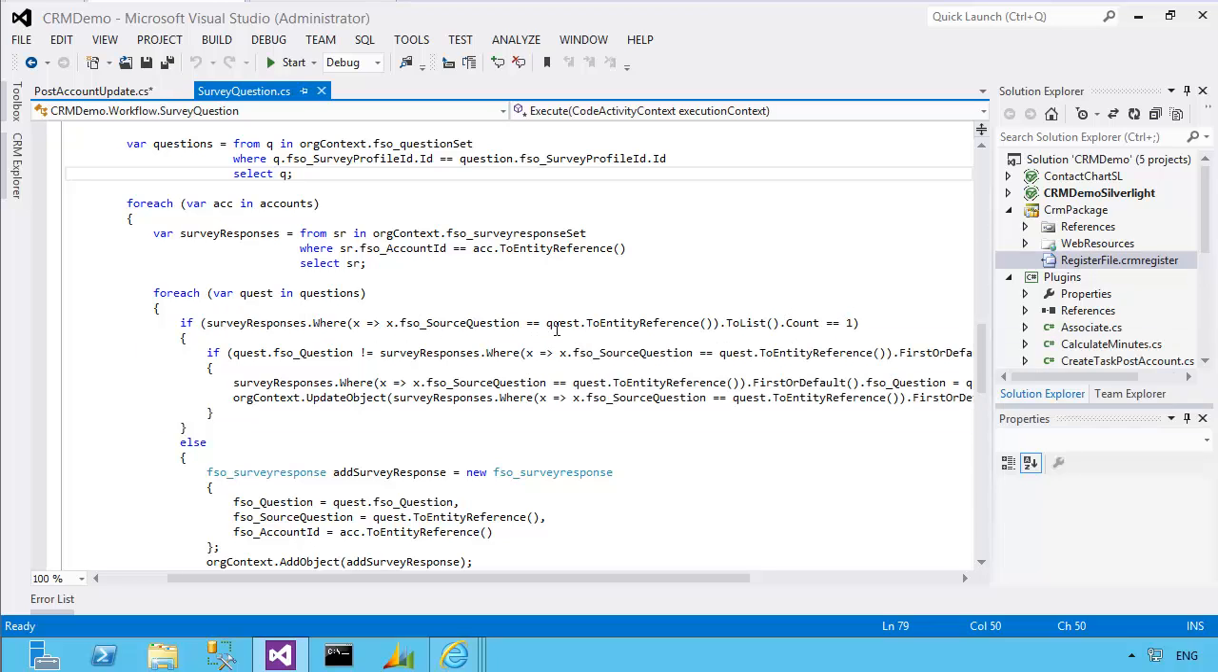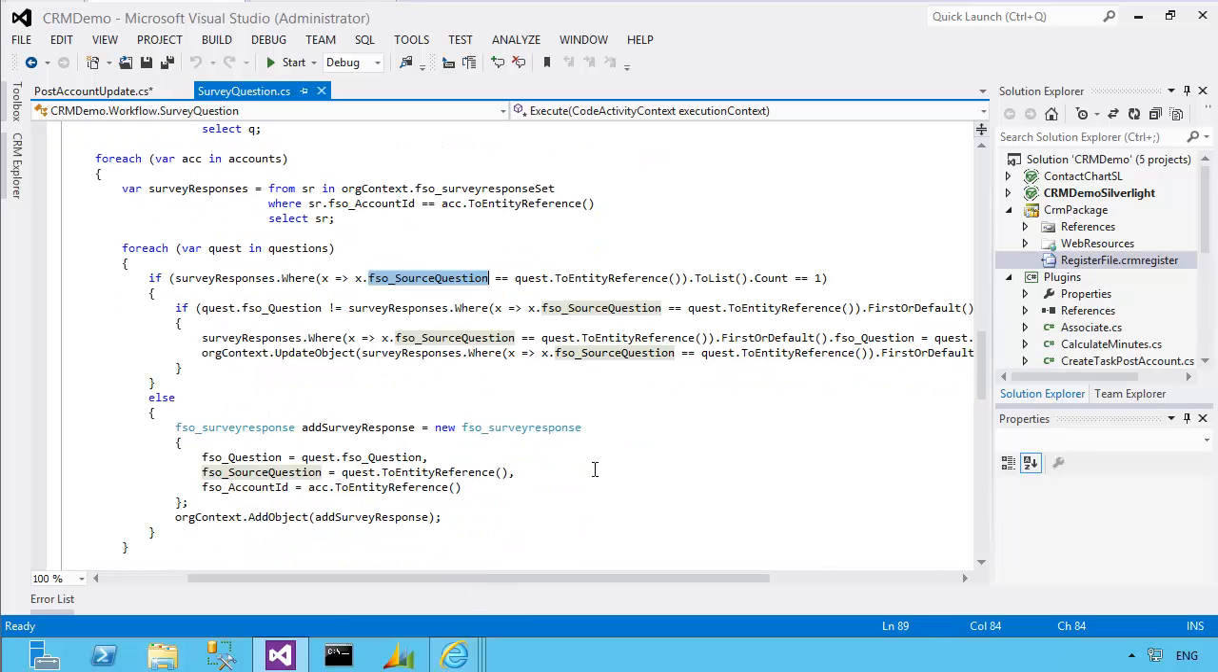So this lambda expression is where I'm looking up if the source question is equal to the question we're iterating over. If the customer already has that question, obviously I need to update it. So I hope that's making some sense. So yeah, if the customer already has that question, I then retrieve